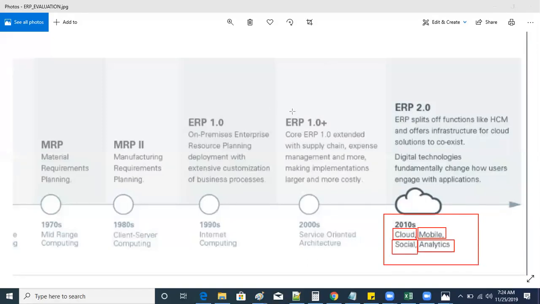So whenever we say that yes, we have a new ERP product which will be very suitable for you, the client asks the first question: is your ERP product compatible for a cloud environment? And is it okay for mobility? Or is it okay for social integrations? And how about the analytics? So these are the four major words now, digitalization in the technology, major changes we could see in the last 3-4